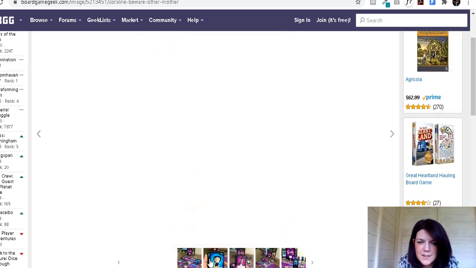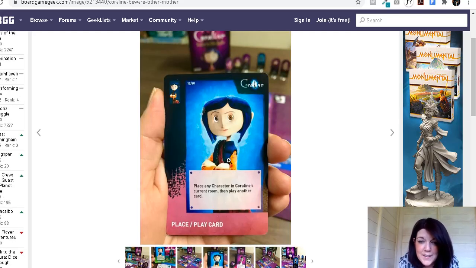Is it loading? I don't know if you can see it at the bottom anyway, but you've got pictures of the characters on cards and bits of information about them. I don't think it's loading. Oh yeah, look. It says place any character in Coraline's current room, then play another card.